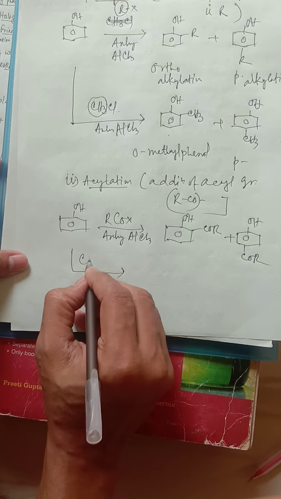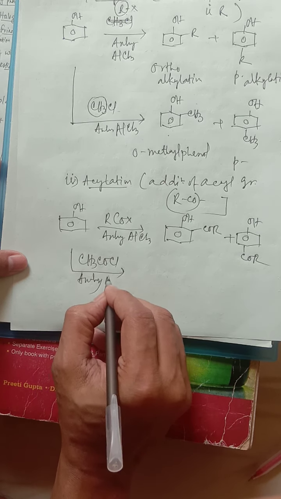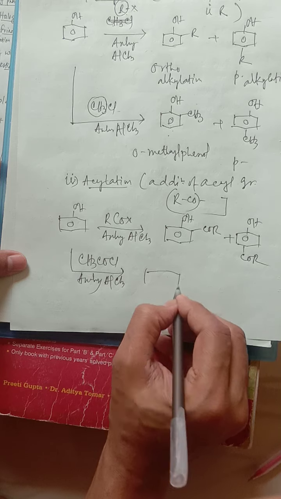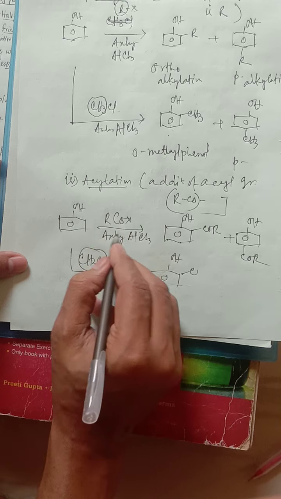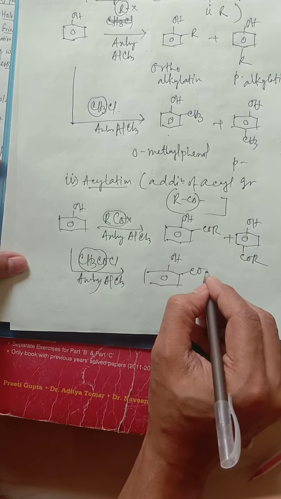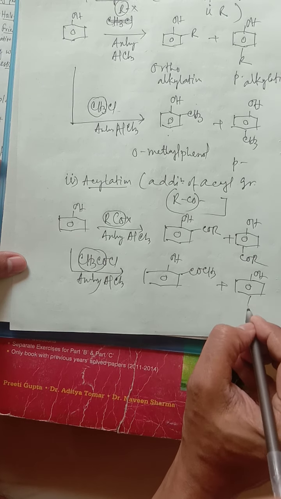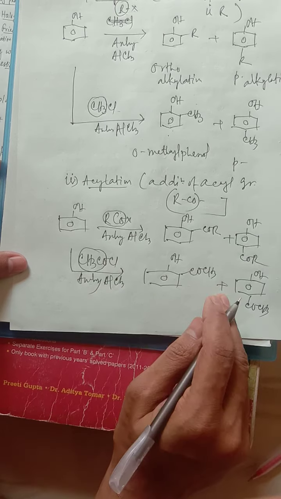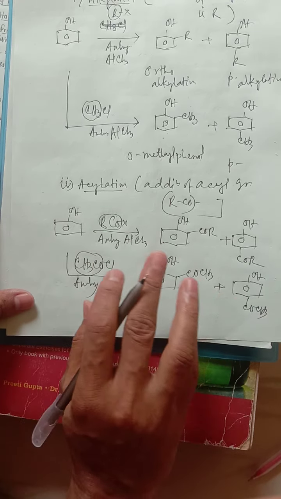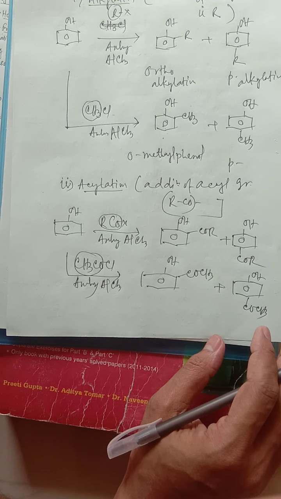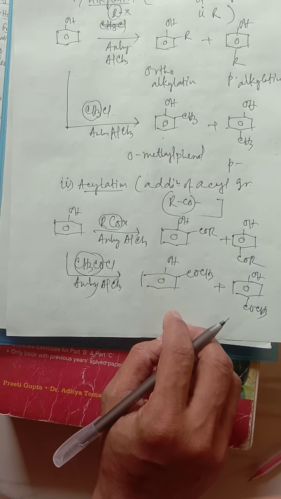Now the prominent reaction I am giving here: CH3COCl is taken along with anhydrous aluminum chloride. So obviously the product will be OH, and this is the COR, that means the RCO group. So COCH3 will be in the product, as well as COCH3 in the other product. That means the ortho isomer and the para isomer. So these are the two isomers we have prepared. So this is the Friedel-Crafts reaction. So up to this part we have finished, that means halogenation as well as Friedel-Crafts reaction.